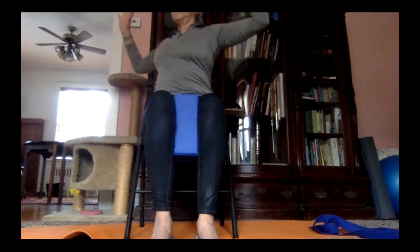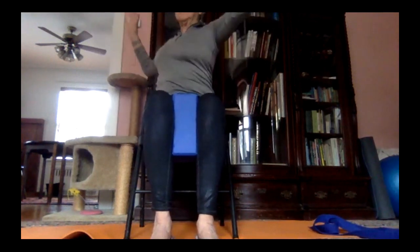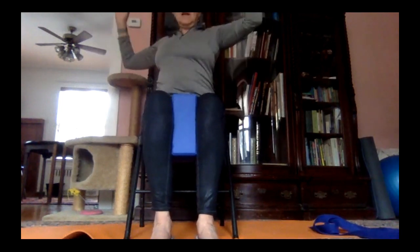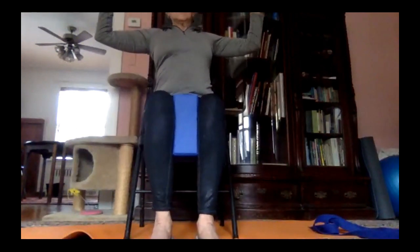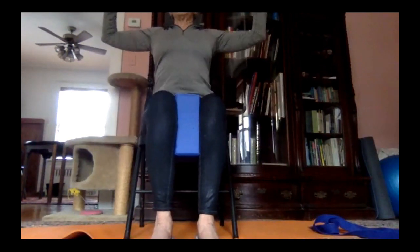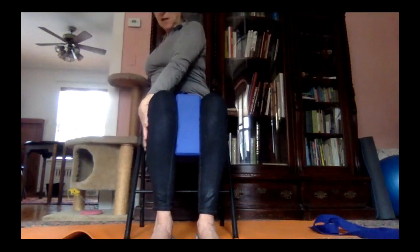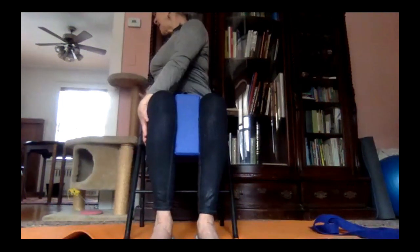And we start to just move the waist just here. Start to feel that waist turning. And then we turn all the way. We inhale, get tall. Exhale, turn, and then drop your hands. Drop one hand here by your thigh, press into your thigh. Take your other hand, hold the back of the chair,